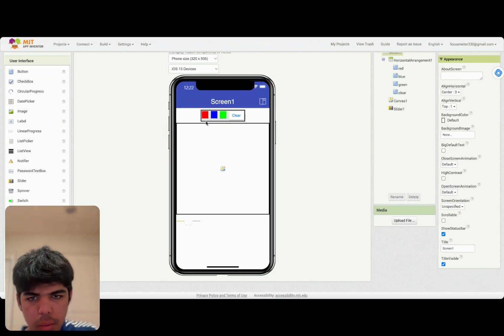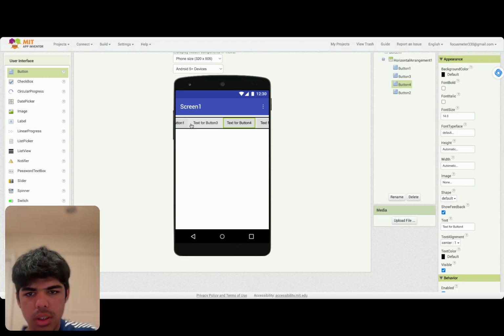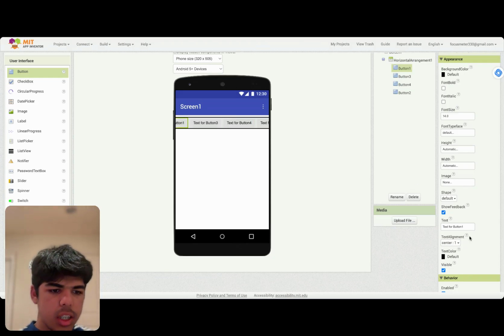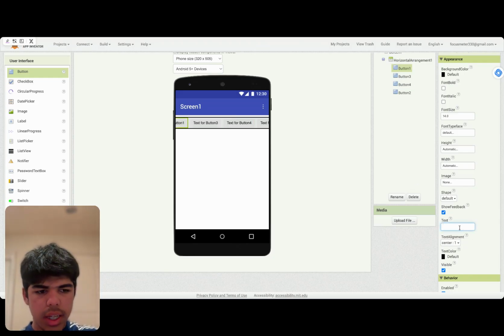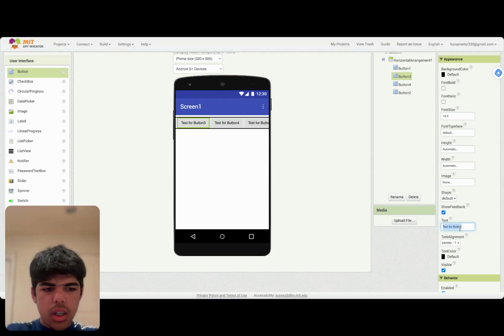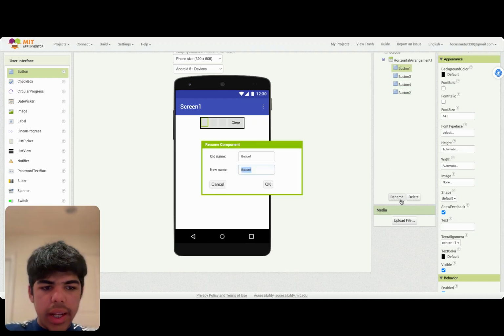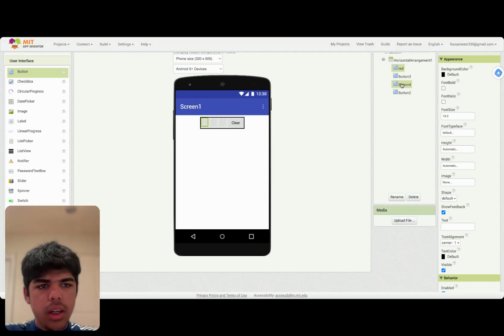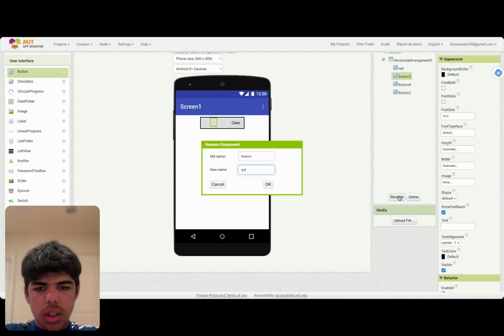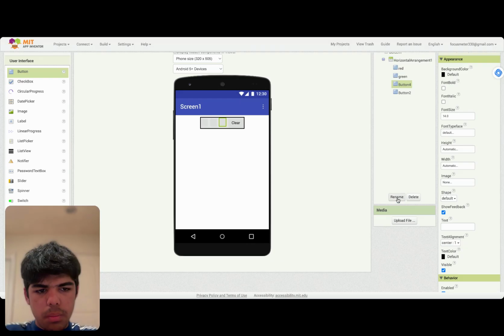So I know this is coming out of the screen right now. So what we're going to do is change the text so that for three of these, they are going to be empty, because they're only a color. And for the last button, we're going to make sure it says clear. So we can also rename this. So this one can be red, this one will be green, this one will be blue, and this one can